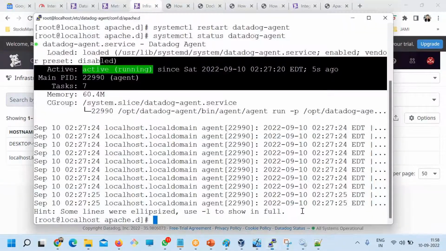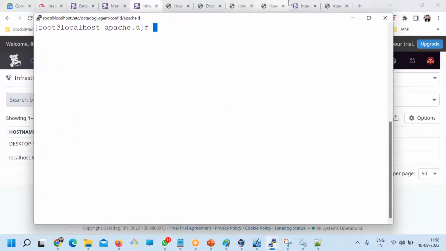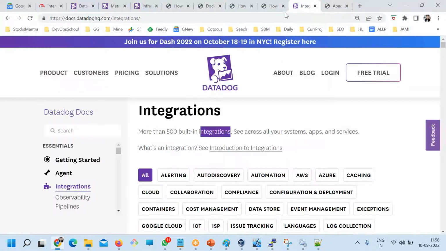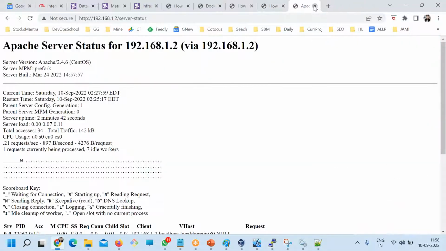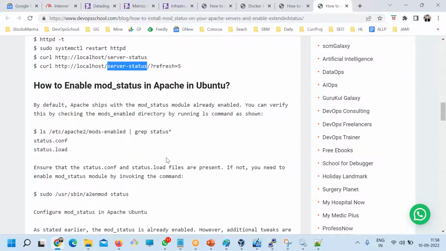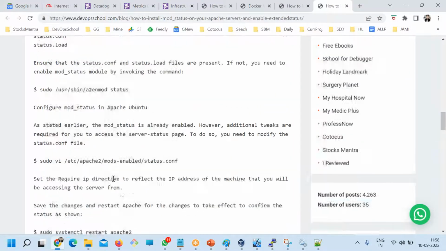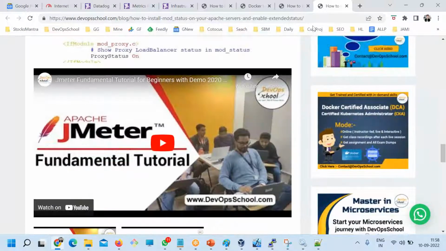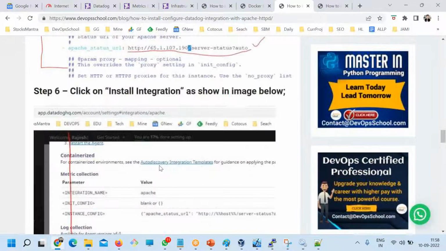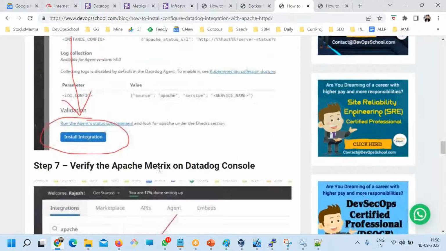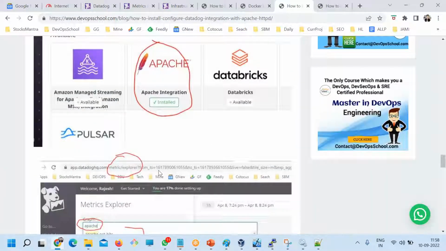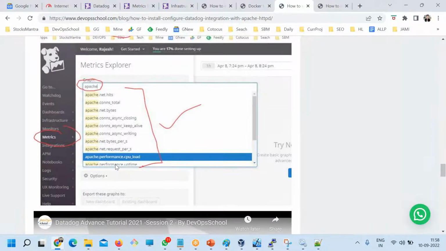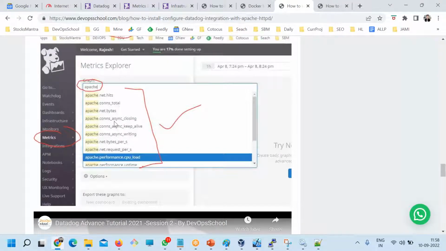You can also check using the command line, whether you see this kind of stuff.